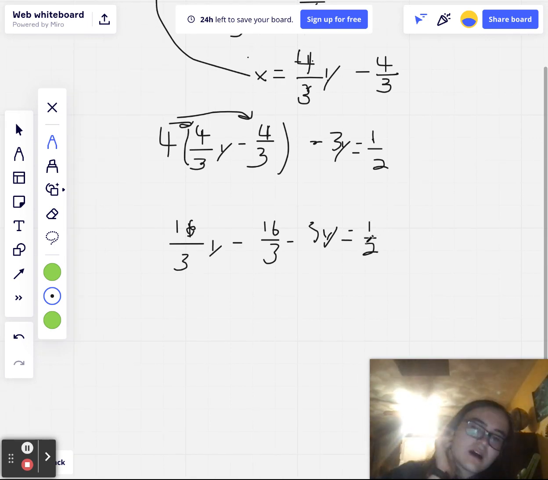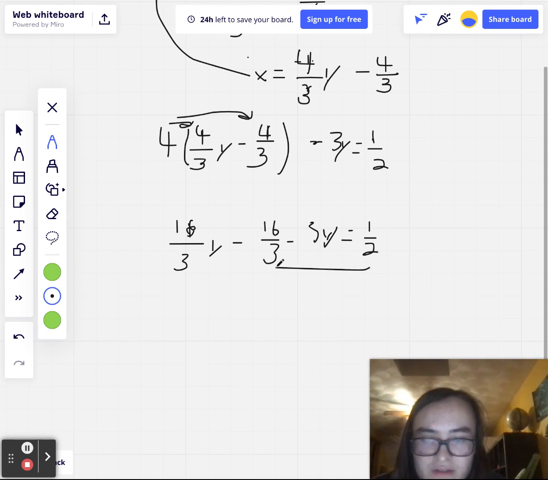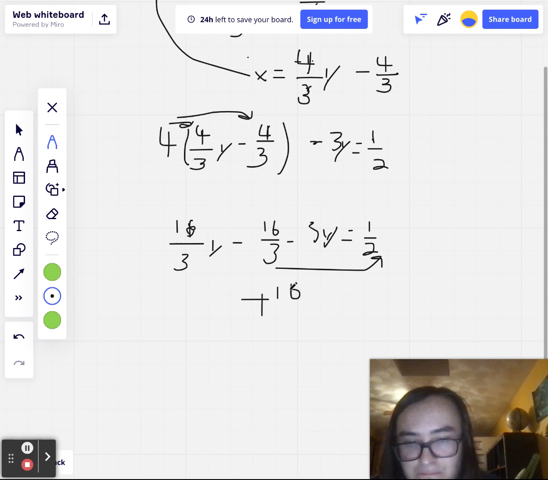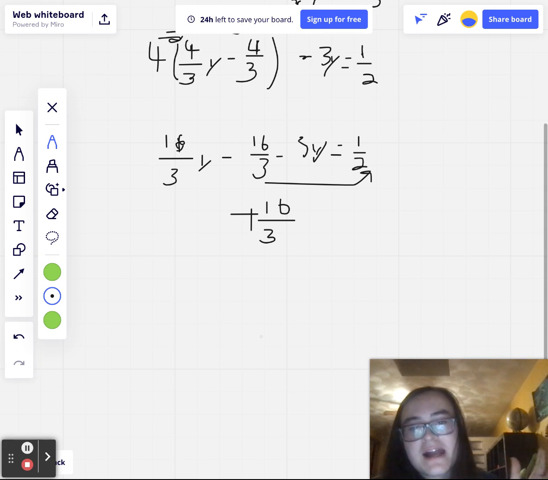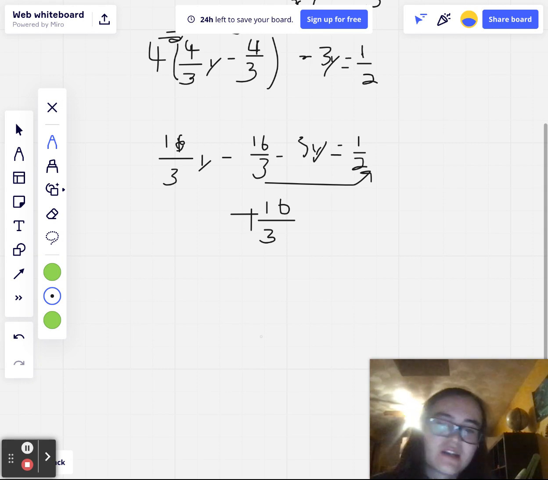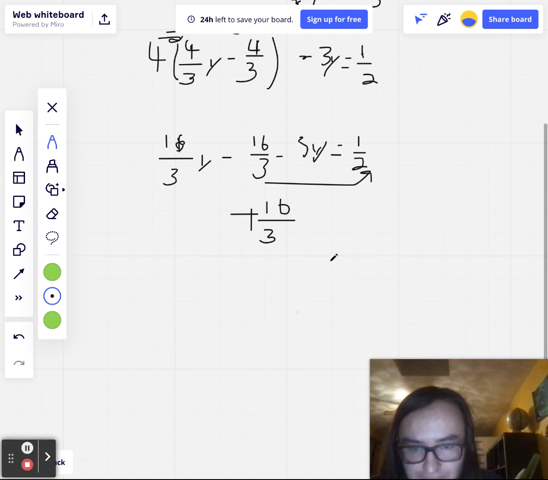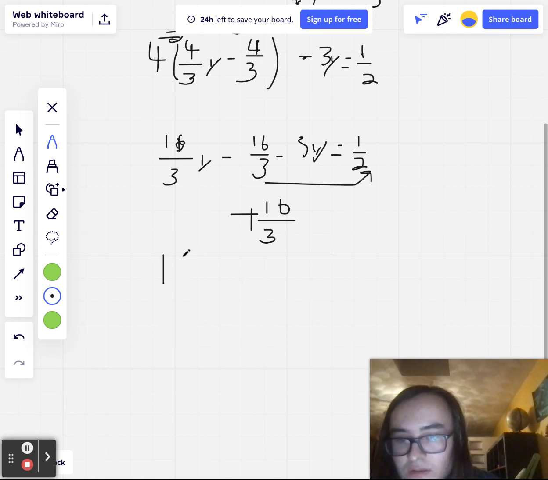And now I'm going to simplify this equation by moving the 16/3 to this side by adding 16/3 to that side. And then I'm going to also, after this step, add the y's together and add the numbers without variables attached to them on the other side. But first I'll just move them. So you'll end up with